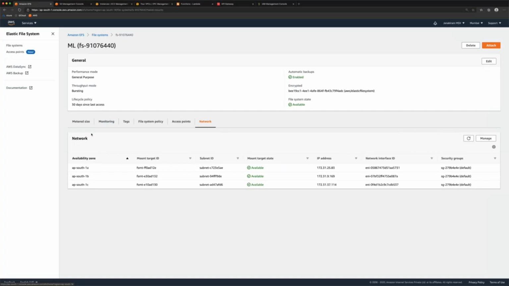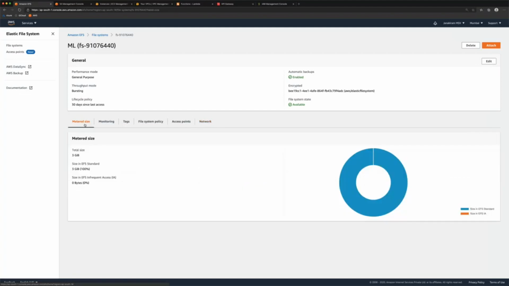So that's all you need to do when it comes to the EFS configuration. Now, all of this can be done from the command line as well. You can use the AWS CLI, or if you want to do it programmatically, you can use CDK, the Cloud Development Kit. But I'm walking you through the console because it's more interactive and clarifies a lot of concepts.